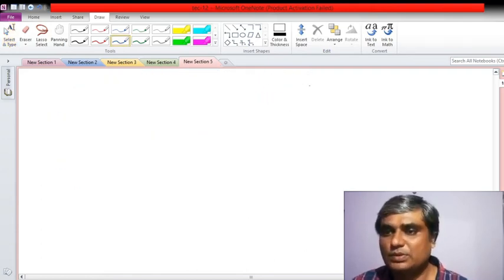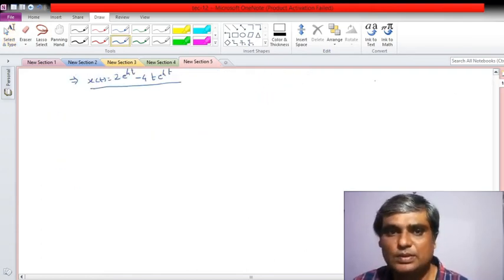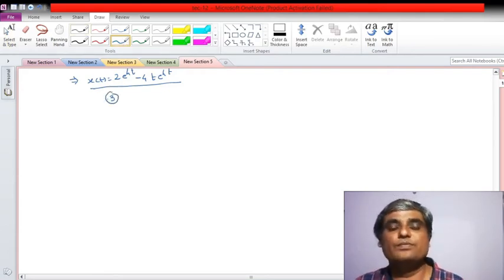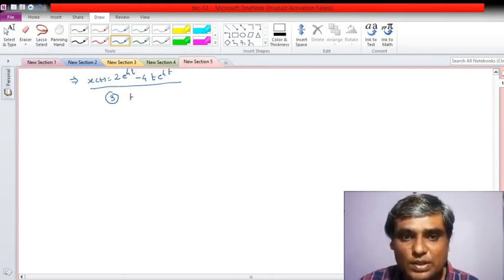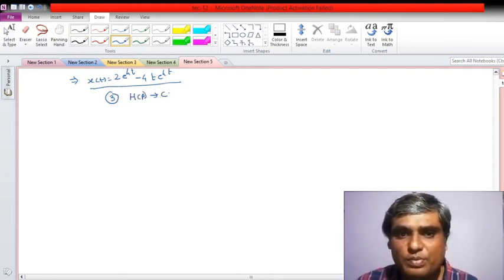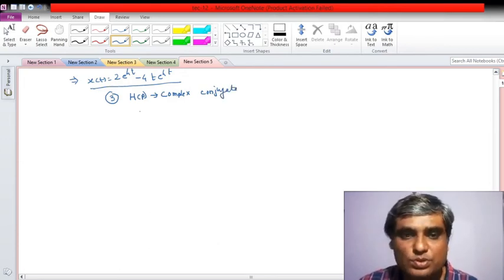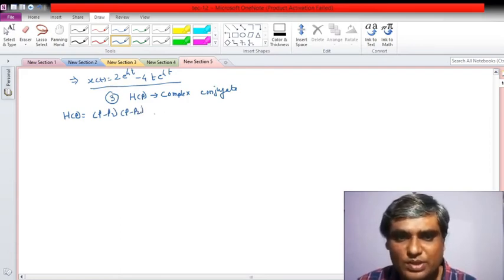Okay. The next, third category: how to proceed if the roots are complex conjugate. When the roots are complex conjugate, how can we do that? We also have to see it. Suppose my roots are complex conjugate, p minus p1 and p minus p2, where p1, p2 will be sigma plus minus j omega, for example.